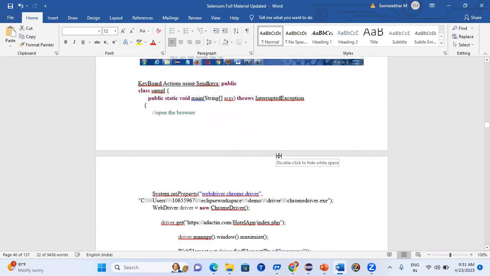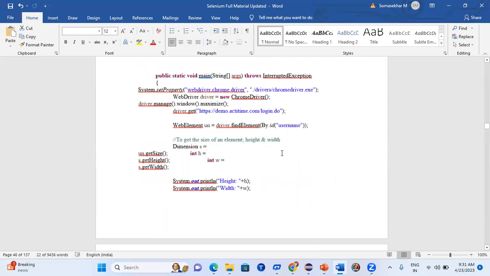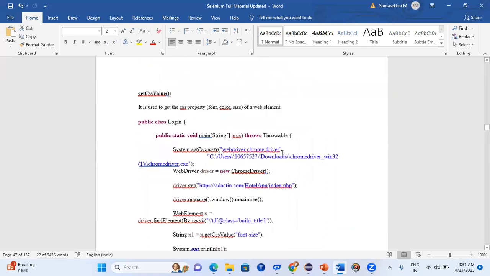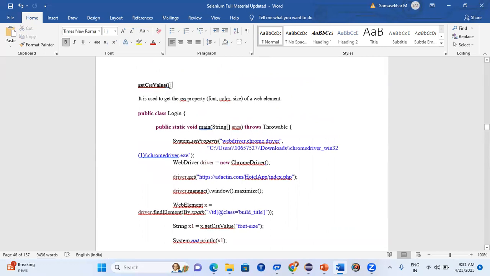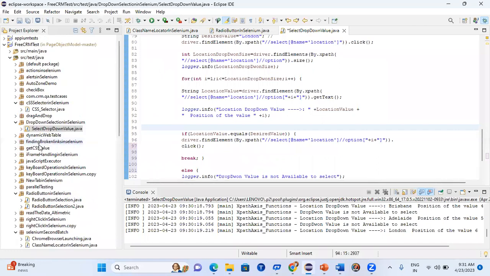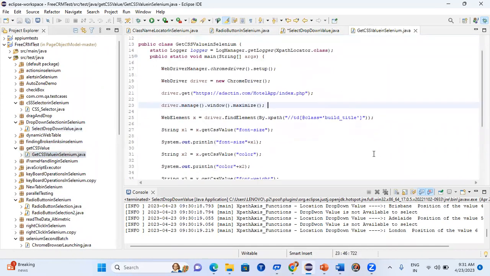Next, keyboard actions using sendKeys. Okay, getCssValue is a method, right? Let me go and explain, somewhere I have written the code. So as I said earlier, the getCssValue method is to get the color, font size,